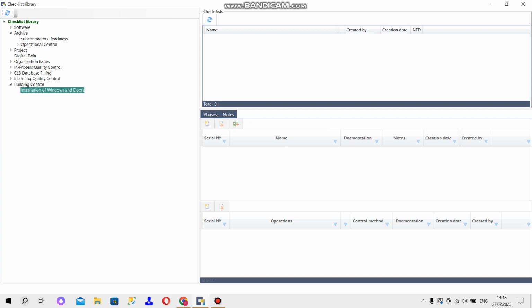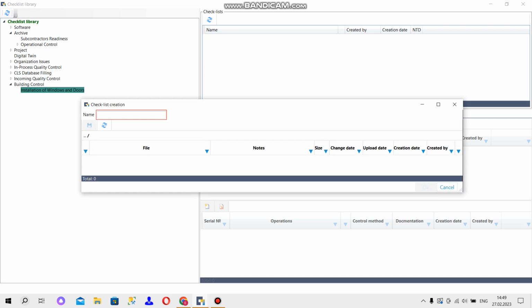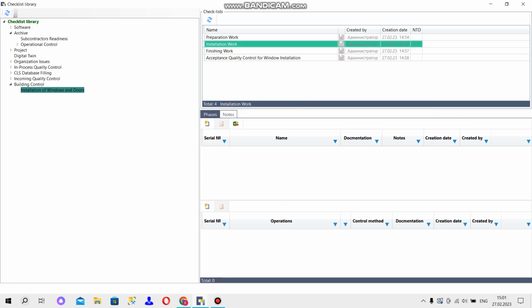To do it, we highlight our subsection installation of windows and doors, and in the window checklists, we call the context menu and use item add. Here we enter the name of all the required checklist groups. After that, for each group, you need to create the stages for quality control performance. For example, in the installation work group, we will enter the following stages: installation of a window block and gap filling. So go to the window